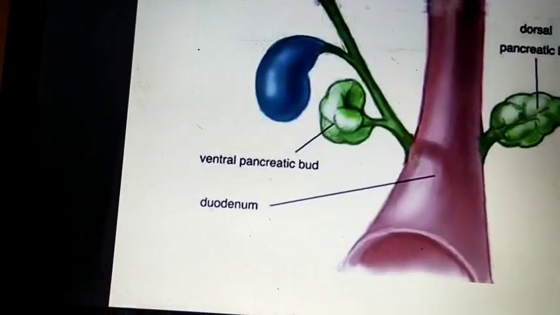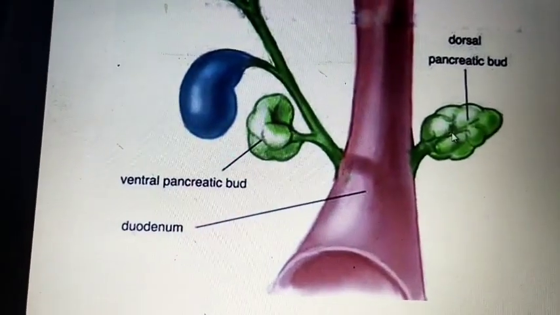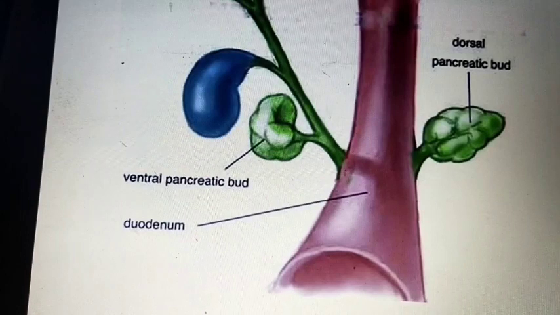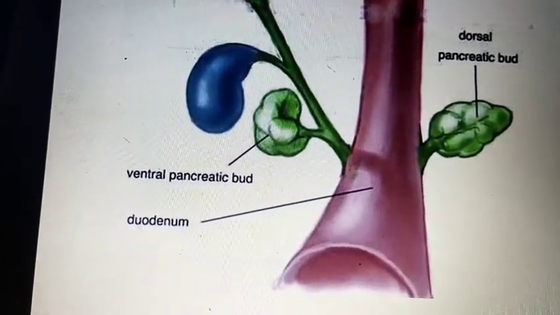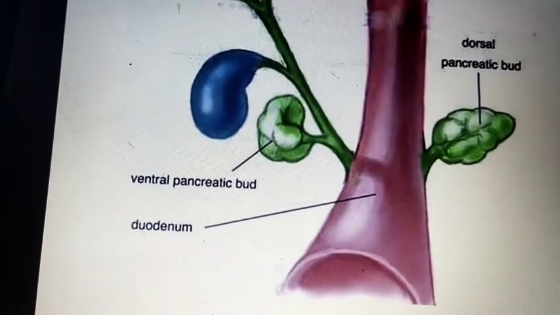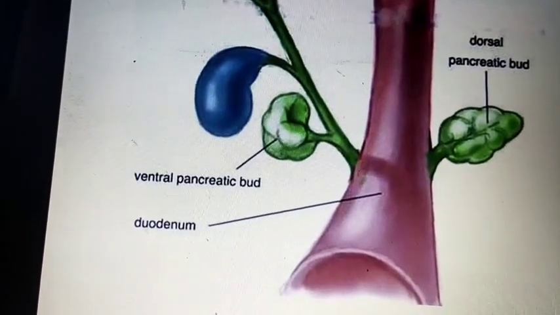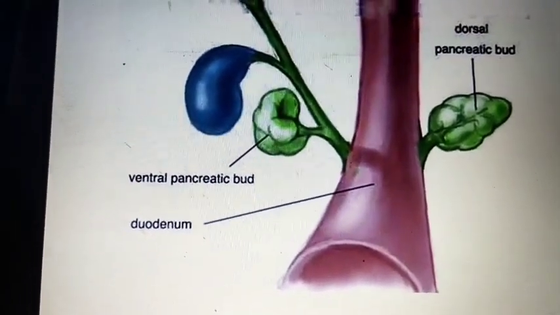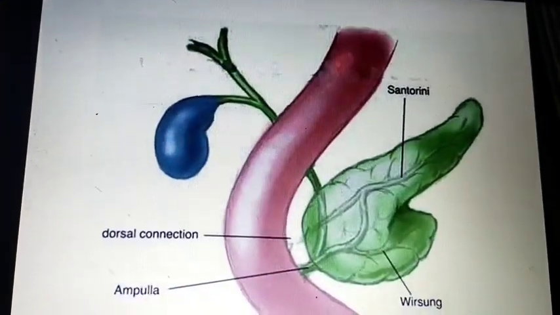And here you can see this is the right, and this is the left. Okay, the right and left ventral pancreatic buds develop from the inferior bud by the fifth week, and by the fifth week all elements of the biliary tract we can recognize easily. Like that the rotation will happen. Okay, because of the common bile duct.